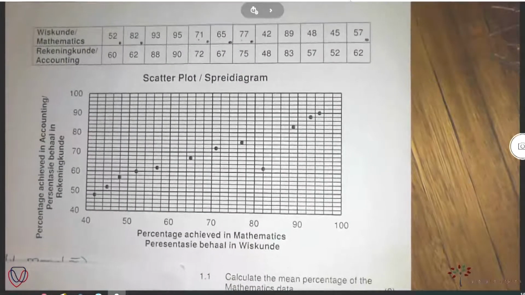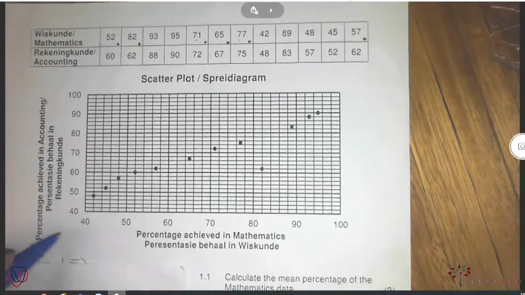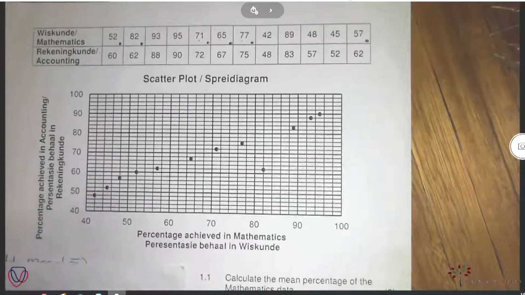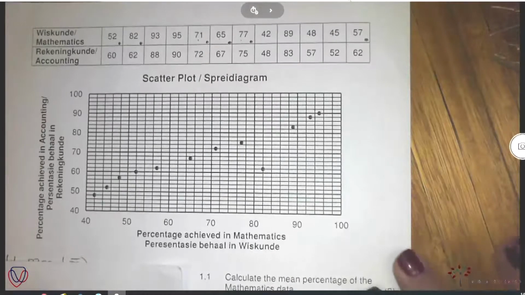One left, people, only one. And this is the scatter plot. Then we've done all the typical questions that they can ask. The only thing, people, at the scatter plot,